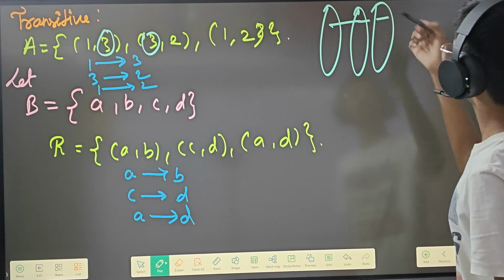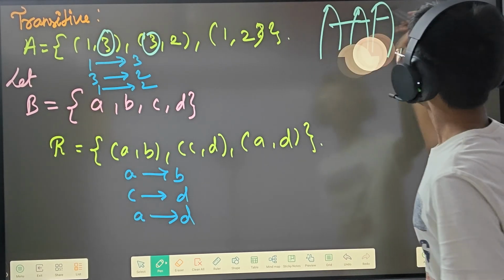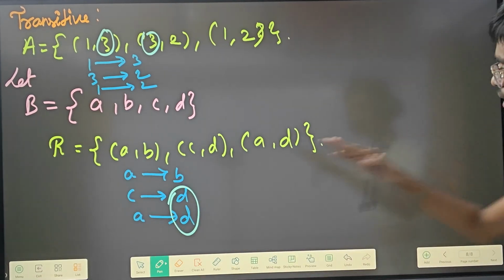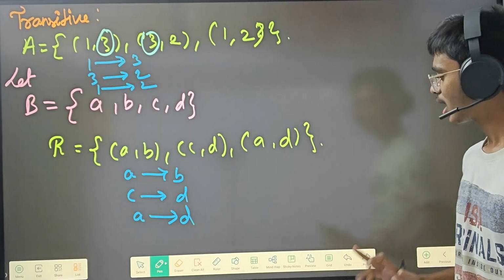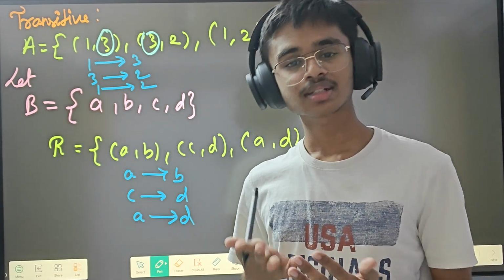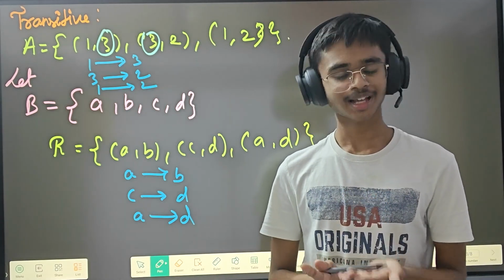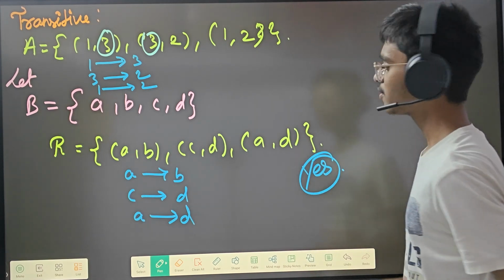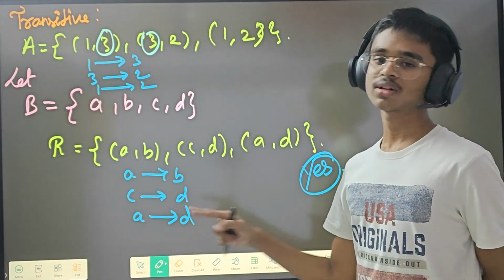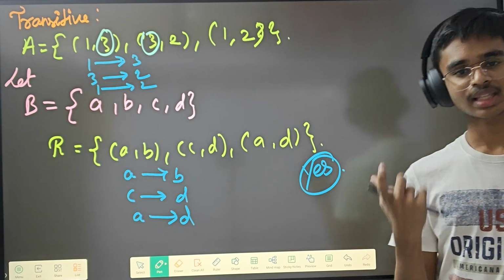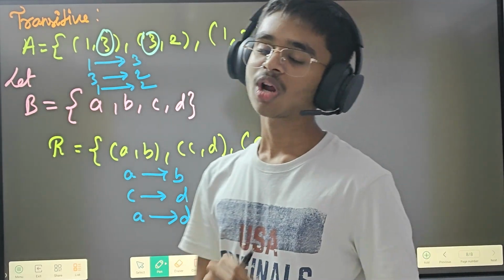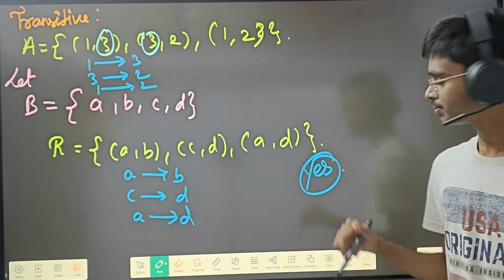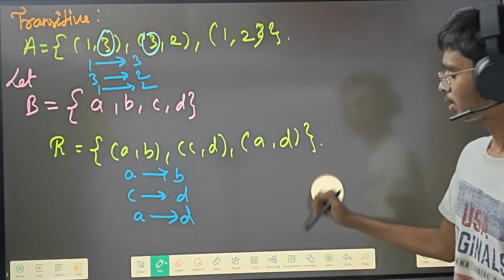Like the diagram will be like this, I think. But see, here D is on both sides, so that means there is no relation. Now, the question is whether it is transitive or not. The answer is it is transitive. When some ordered pairs are there and those ordered pairs do not have any relation between them, then they are said to be transitive. Okay, we will prove